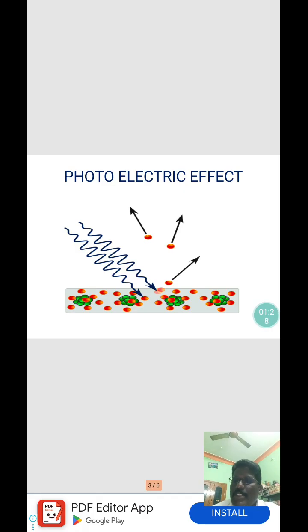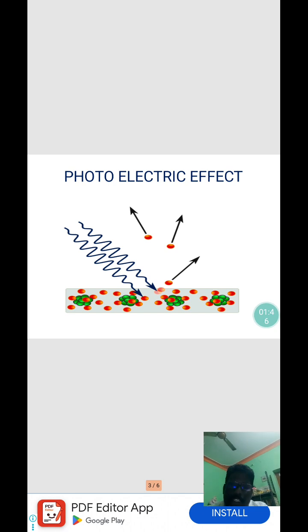Emitted electrons are called photoelectrons. It may be noted that cesium, rubidium, and potassium, and a negatively charged zinc plate,